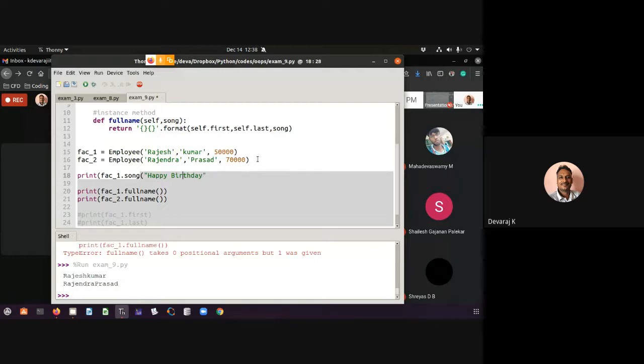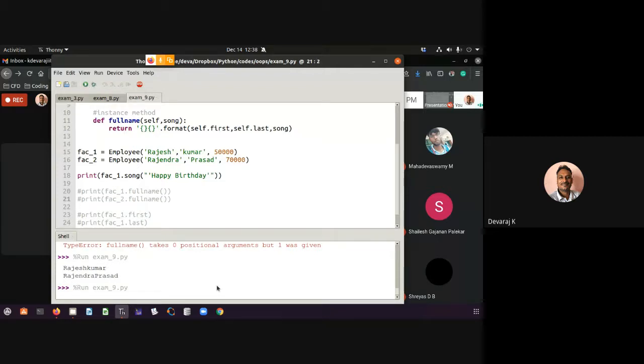So I need to go here to define that. I can define it and close the bracket. Now if I try to print it, let me just comment this and run this code.